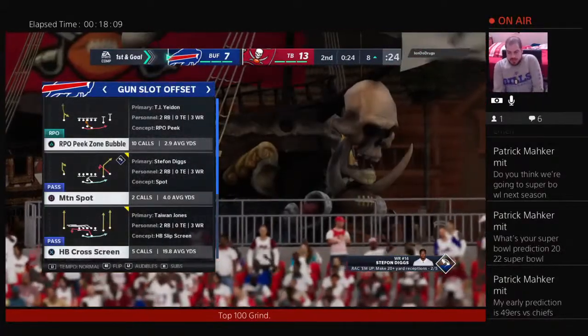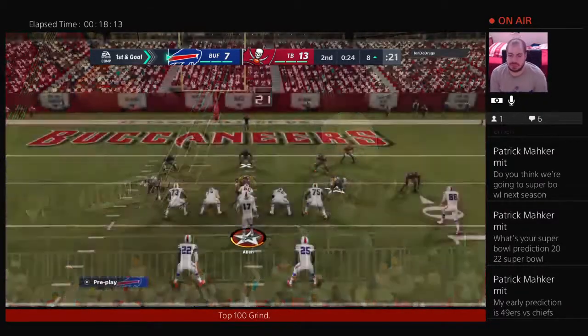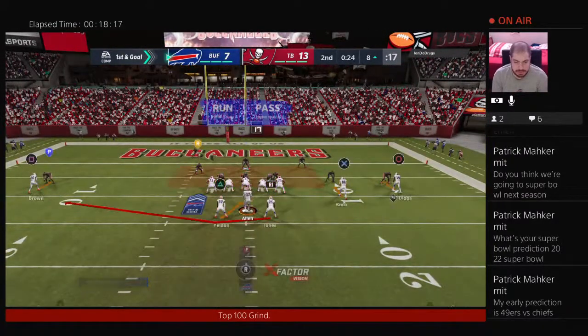I think a rematch of last year's Super Bowl, I think the 49ers are definitely going to make the playoffs. I don't know if I go that far and say that they're going to make the Super Bowl, but...